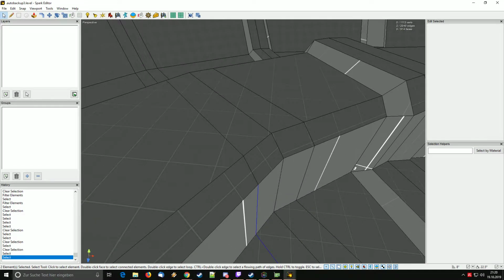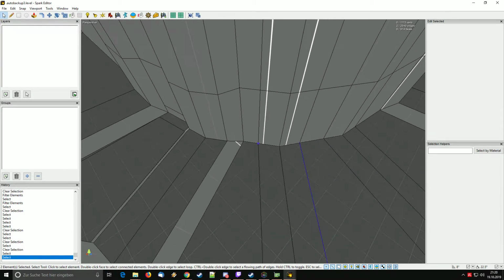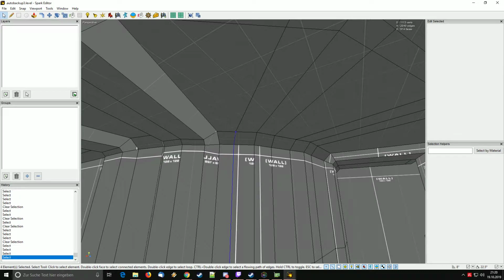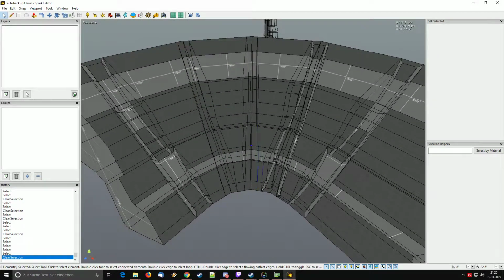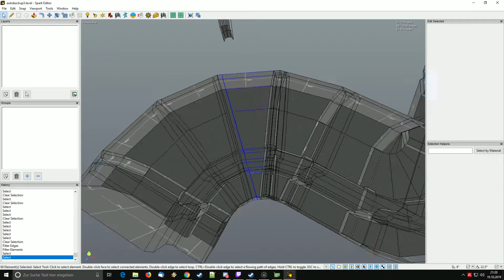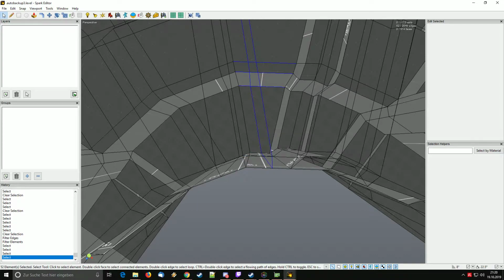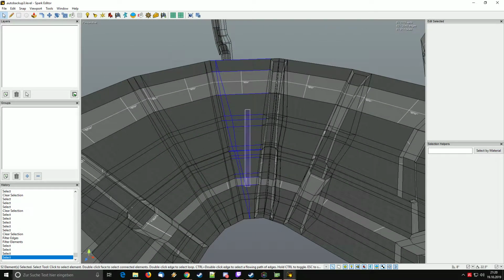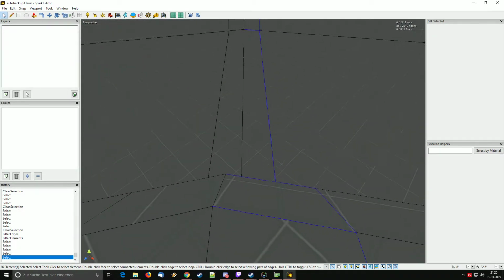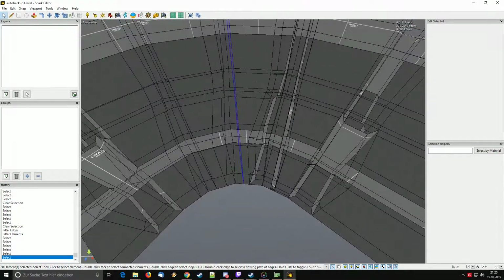I hate to do this, because it takes insane amounts of time to select them manually here. Actually, I can just do that like this. And then if I press and hold Control, I can do this and this and this. And this. Yep. Okay, now